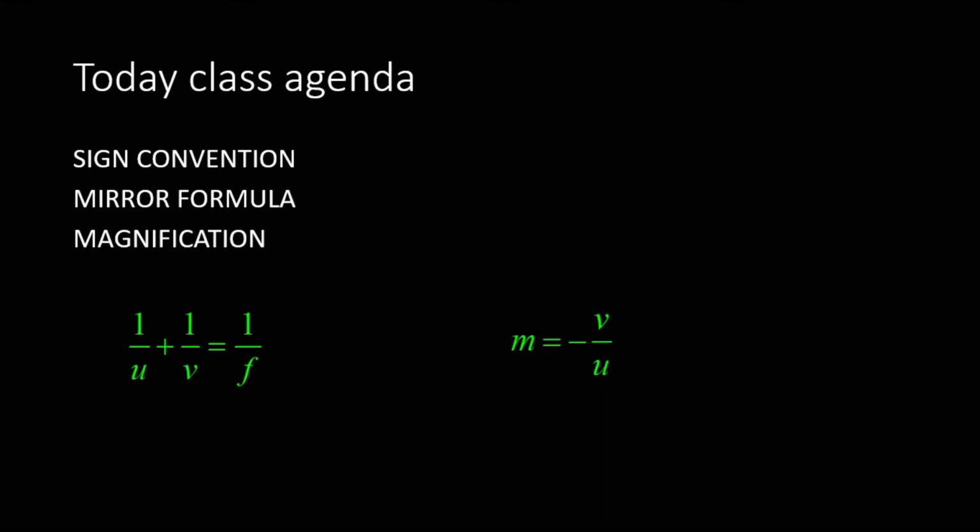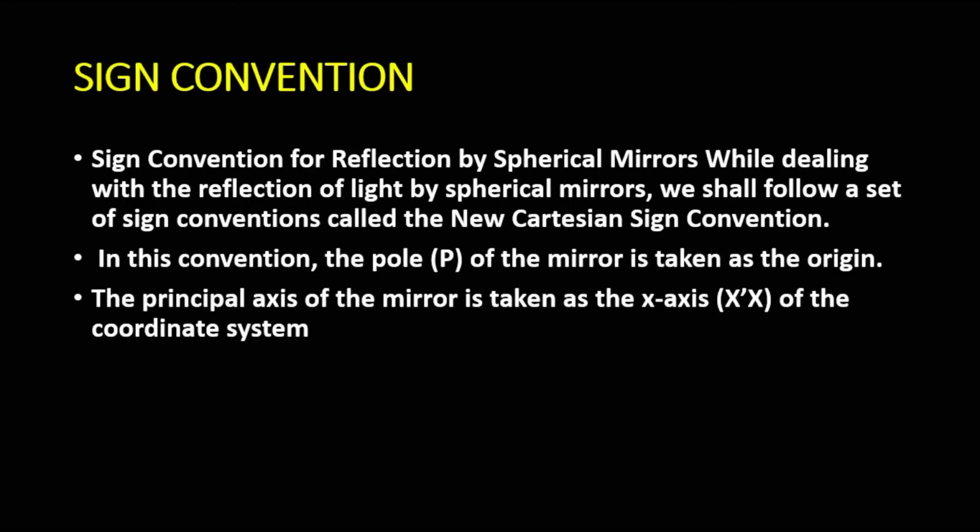First of all, what do you mean by sign convention? Sign convention means how we take the sign of different and distinct objects and their relative positions. So, sign convention for reflection by a spherical mirror. While dealing with reflection of light by a spherical mirror, we shall follow a set of sign conventions called the New Cartesian